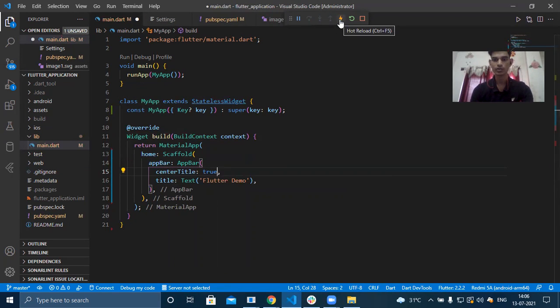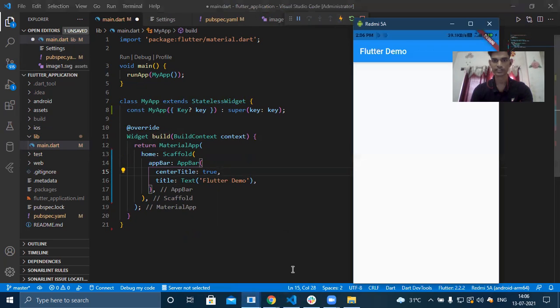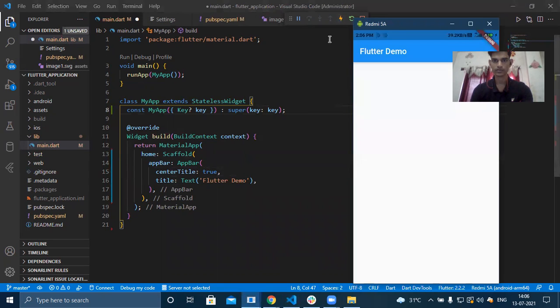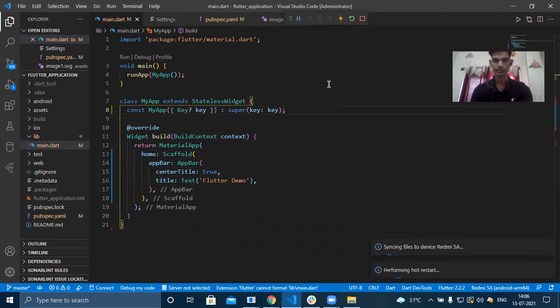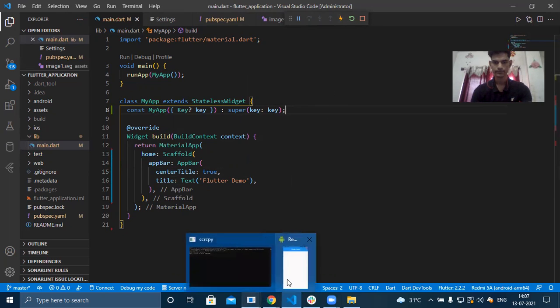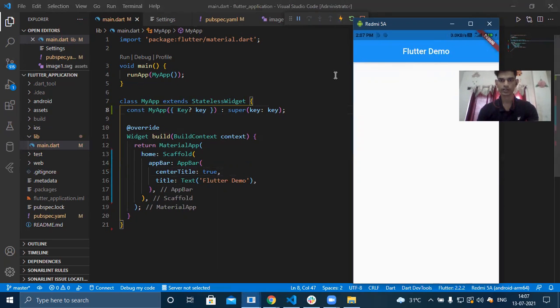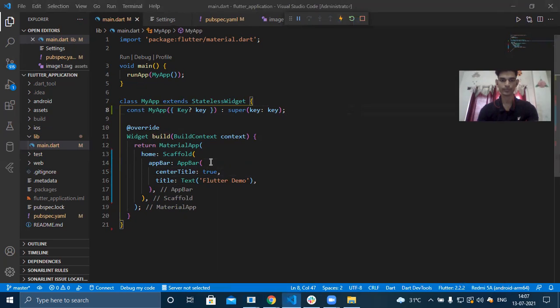You can hot reload and it will immediately apply the current changes. Okay, I think I have to hot restart it. Just check on it once again. So now you can see it is coming in the middle. So you can play with the app bar. There are many more attributes you can check.